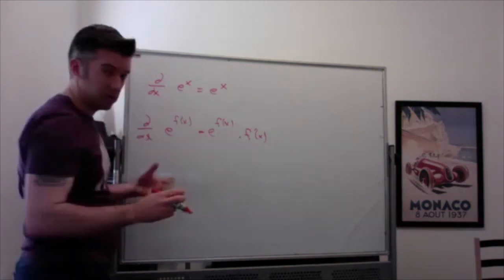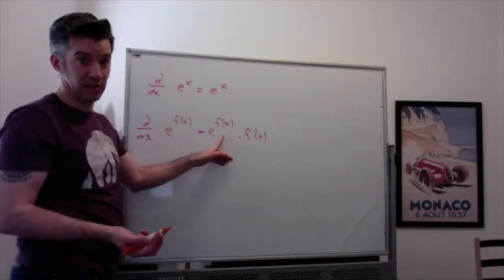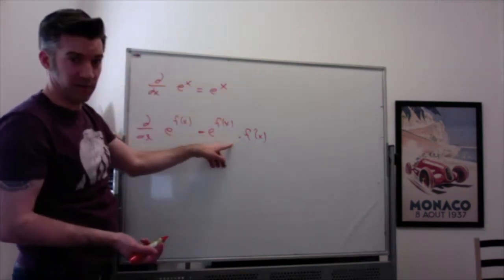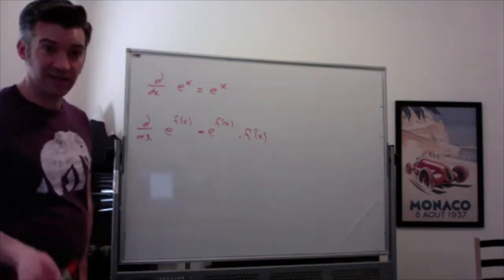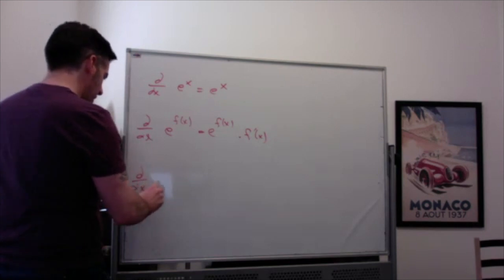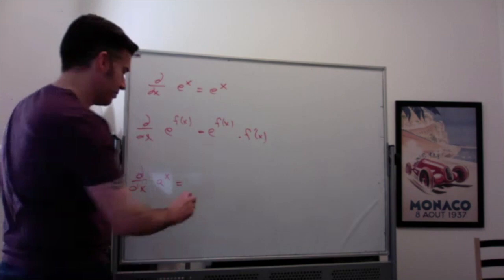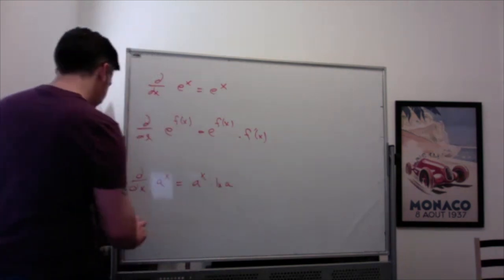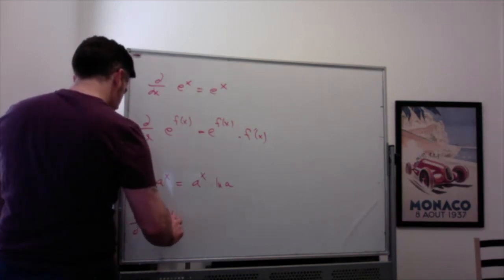I should point out, just in case you were curious, this derivative of stuff is not in the exponent. It's e to the power of your original stuff, and then not in the exponent, times the derivative of that stuff. And then if your base isn't e, there's a similar version for each of these. The derivative of a to the x, where a is a positive base, is a to the x times the natural log of a. And the derivative of a to the stuff, well, it's going to follow the same sort